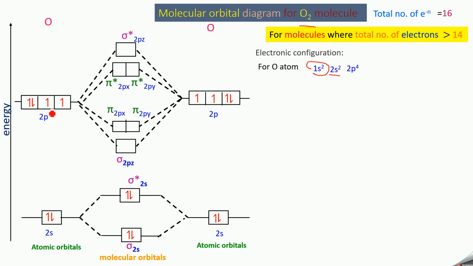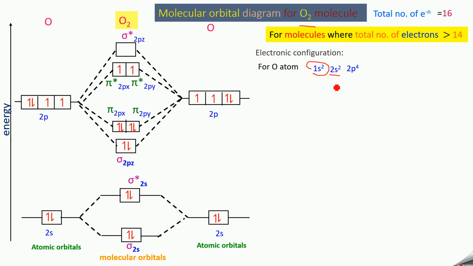Now we have 4 plus 4, 8 electrons. You have to fill them into these molecular orbitals. Here the 2 electrons will go. Now here we have 2 molecular orbitals. Follow Hund's rule, then you pair them. So in total 6 electrons are filled. The remaining 2 electrons will go here. These 2 molecular orbitals are of the same energy, so based on Hund's rule, they will have 1 electron each. This is the molecular orbital diagram for the oxygen molecule.